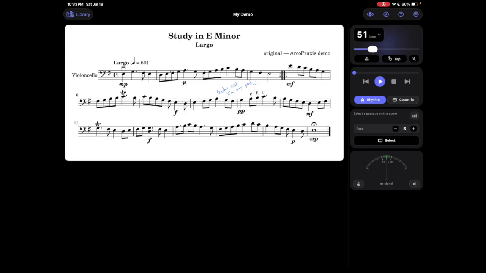There's a lot of stuff planned in the future. There's scale practice, shifting practice, lessons on music theory, and also transcriptions. So if you had your favorite guitar piece that you liked, but you can't find the sheet music for it, there's going to be a built-in transcription feature in this app